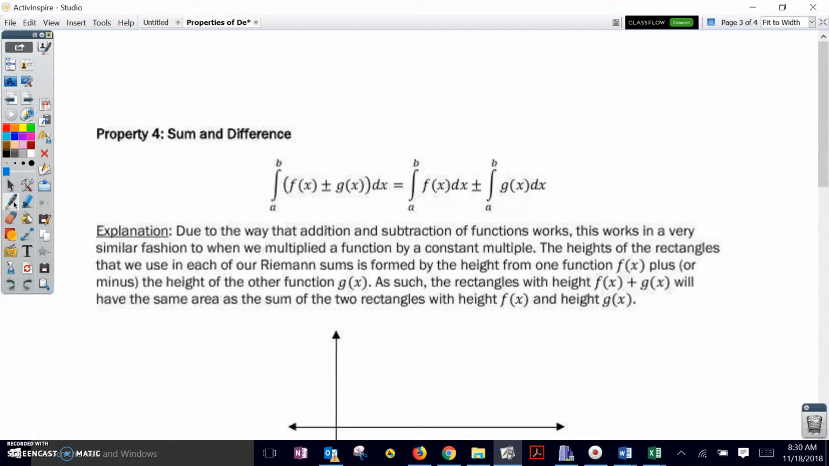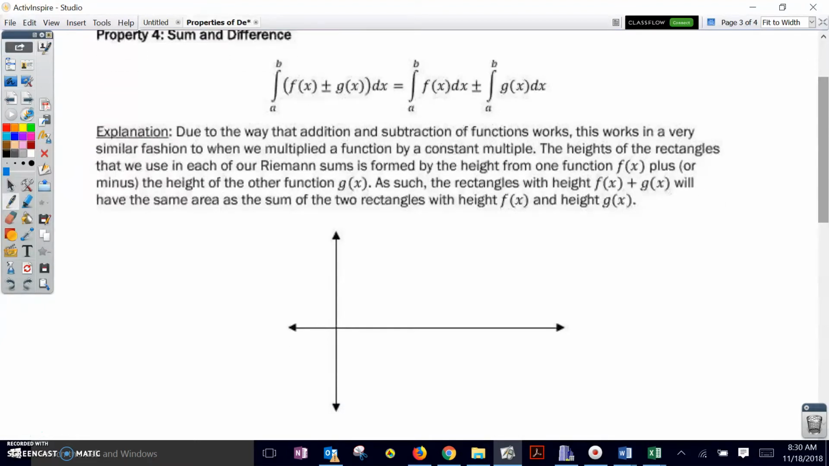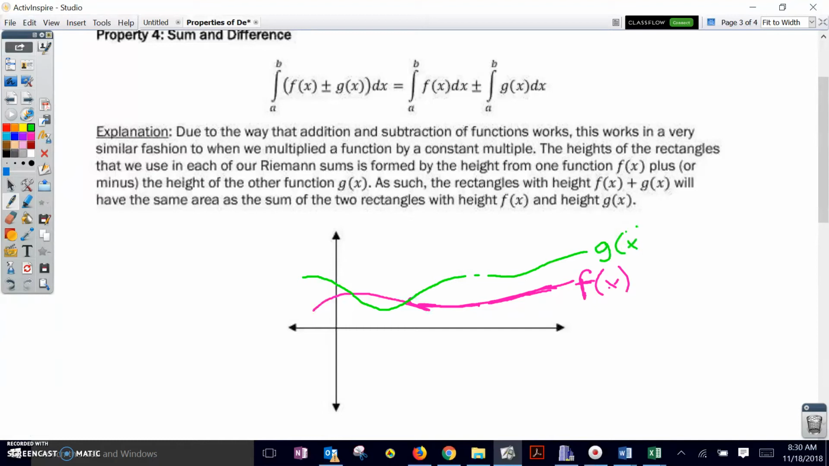And again, this goes back to the same kind of idea that we used with the constant multiple. If we have a function, f of x, on the integral from a to b, and we have a function, g of x, on the integral from a to b, if we take these two functions and add them together, all we're going to do is take their values at various points and add them together,